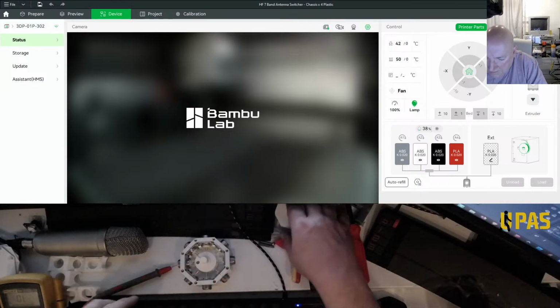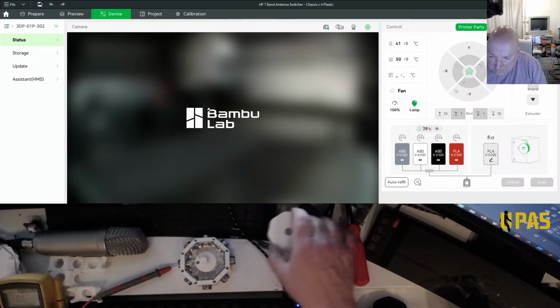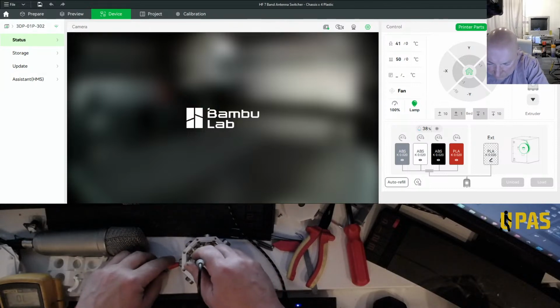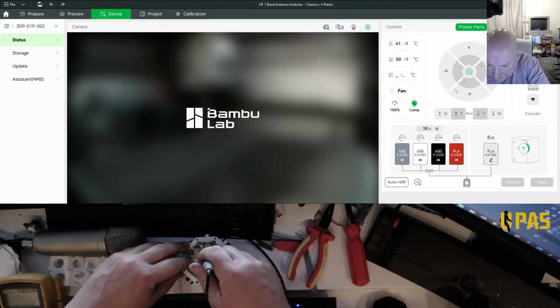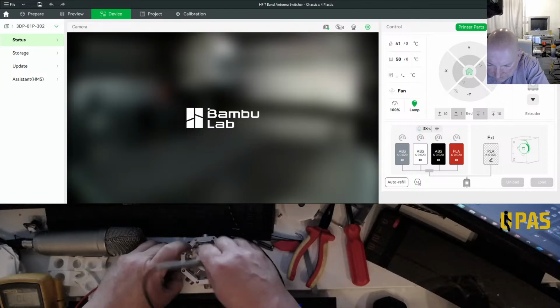Now there is something else that's got to go in. Oh, once I've got that in I won't be able to do it. So I don't think it's touching it, right. Or is it because I'm not holding that back properly? Maybe.